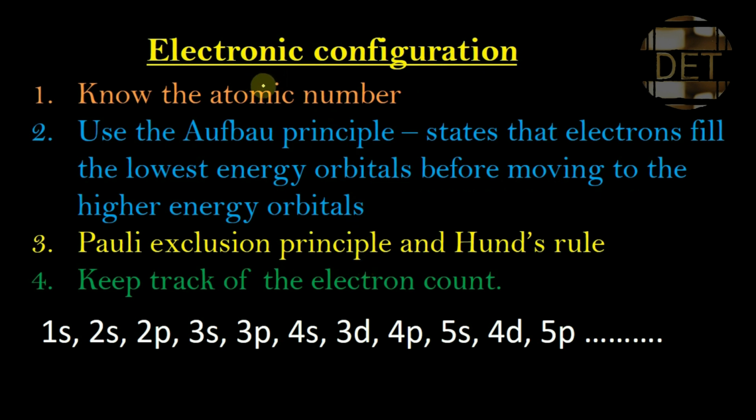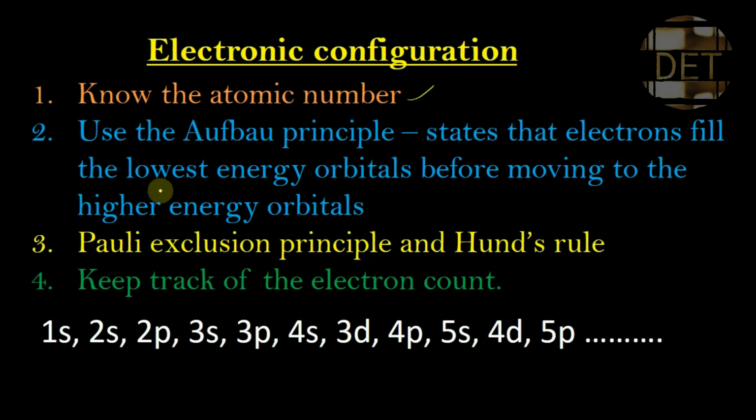In electronic configuration of elements, there are four things that you must look at. One is that you must know the atomic number of the element or the atom you want to configure. So for you to write out the electronic configuration of an element, you have to know this. Then secondly, you must use the Aufbau principle when you are writing out the electronic configuration of an element. And the Aufbau principle states that